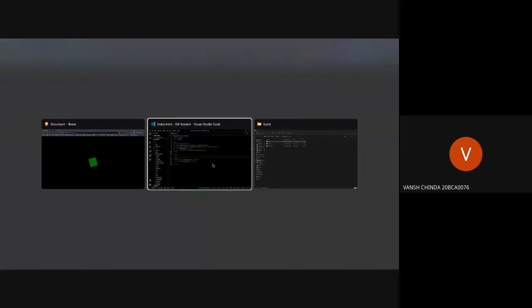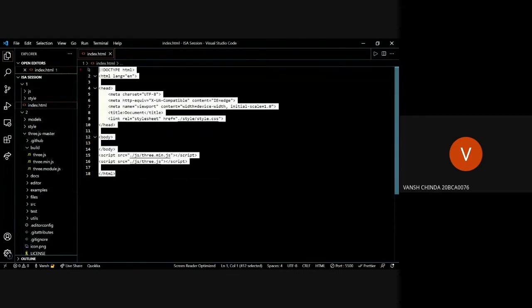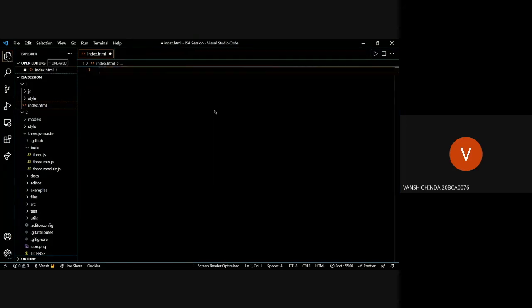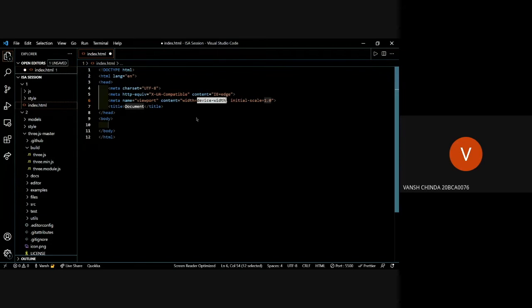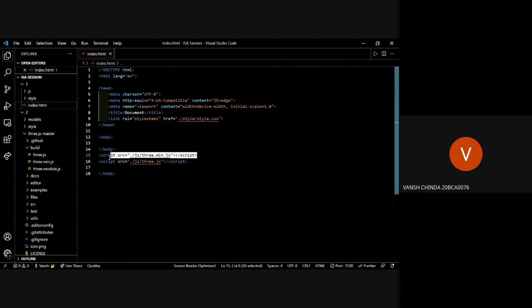So let me explain the first example here. If you can see here, what's this? It's basically a cube, and it's being rotated on X and Y axis. Now, how is this possible? I'll explain. The first thing you need to do is create your index.html file. It's really simple. Let me just remove this code. In VS Code, there's a shortcut. You can just put an exclamation mark and press enter. It will do the same thing. So I have already done this. Now the next thing you have to do is link your 3JS file.